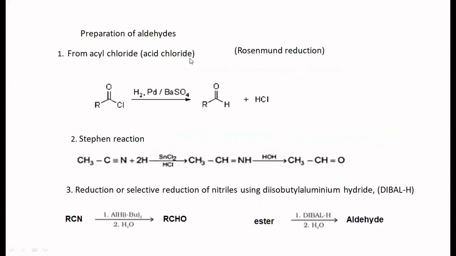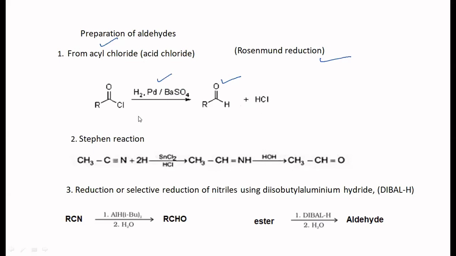Preparation of aldehydes. These methods are exclusively for the preparation of aldehydes from acid chlorides. The reaction is popularly known as Rosenmund reduction, where you use a poisoned catalyst. It is not going to further reduce this to alcohol. If you don't use barium sulfate and simply use H2/Pd, then it will be reduced all the way down to the alcohol. In order to avoid that, poison the catalyst to reduce its activity. That is what barium sulfate does. Rosenmund reduction, a very important one.